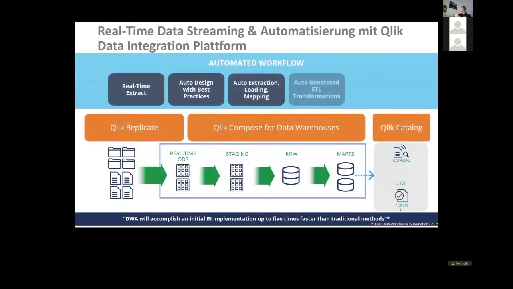So just a high-level overview of what we are doing, let's say with Compose. With Replicate, we already move the data into a landing zone, and then we start working with a model, defining some mappings, putting some additional attributes into that model, and we can combine that model. Then we create the EDW, the Enterprise Data Warehouse structure, generate the ETLs automatically, and then in the end we create the data mart, which can then be used by consumers. That is a quick overview of